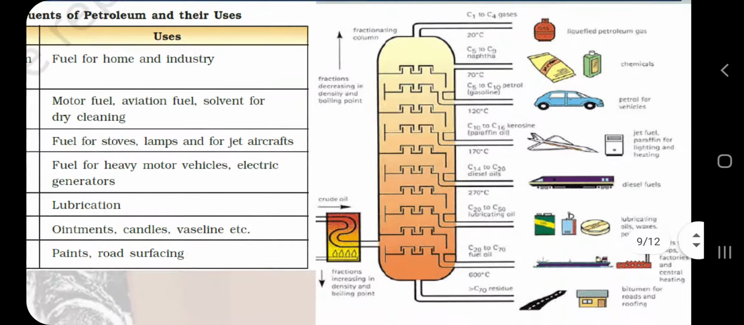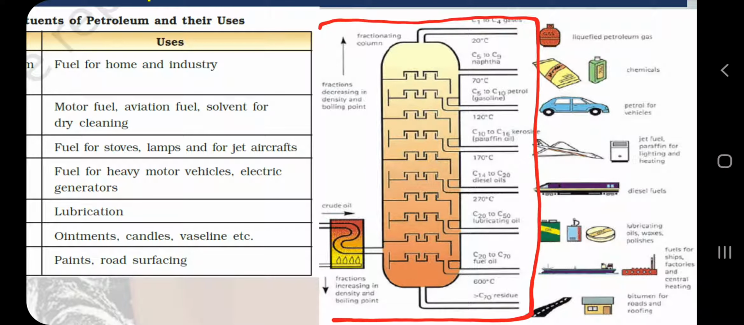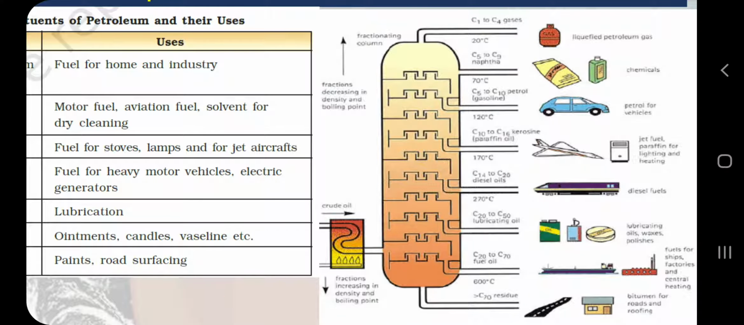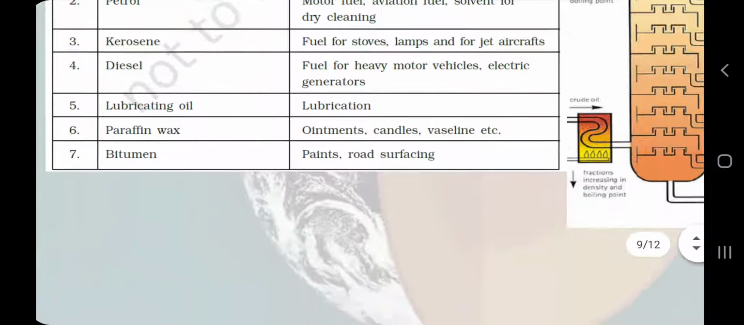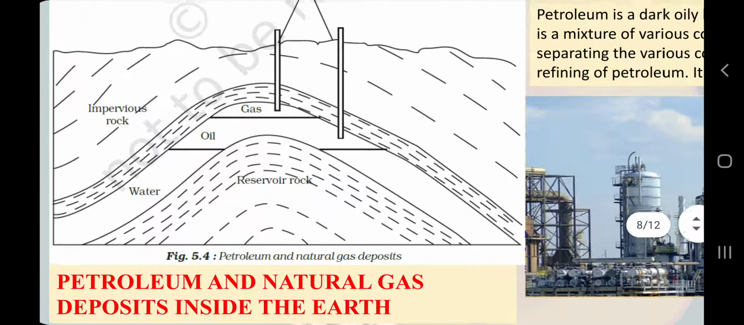And this is an image, although it is not very clear, but you can see images of some uses. Along with this table, this image will be helpful for you, and this is a flow diagram for processing of these constituents which I have shown you in the table from petroleum. So in different temperatures, in different conditions, we are able to separate these constituents from petroleum, which we extract from this type of refinery. And these are some petroleum deposits in the